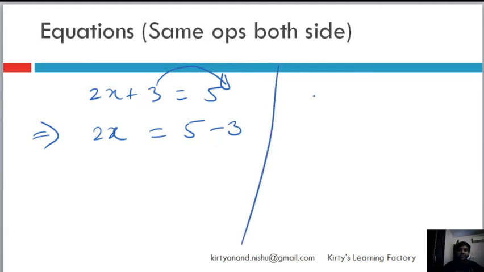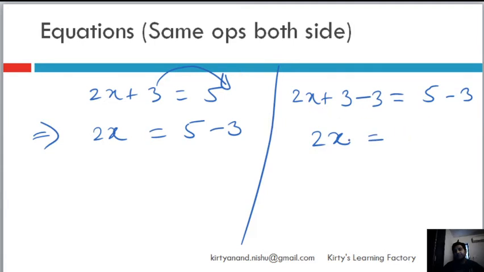Another way of understanding it is that if we do the same math to both sides, nothing will change, है ना? So if 2x plus 3 is equal to 5, if I add 2 this side and if I add 2 this side, will it change? No, it will not change. So the equation will still be holding. So if you look at it, bringing 3 to this side is basically, we are doing what? We are subtracting 3 from both the sides. When we subtract 3 from this side, basically we are only left with 2 into x, and that is the purpose. So basically 2 into x equal to 5 minus 3, which is nothing but the transposing thing.